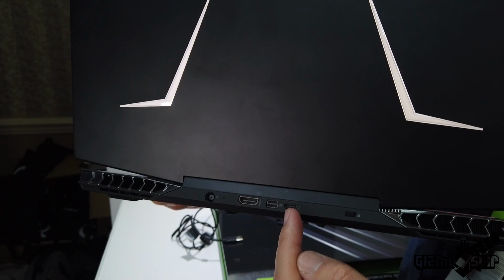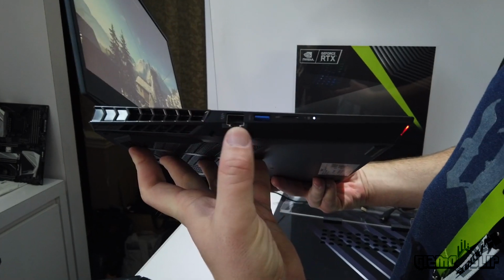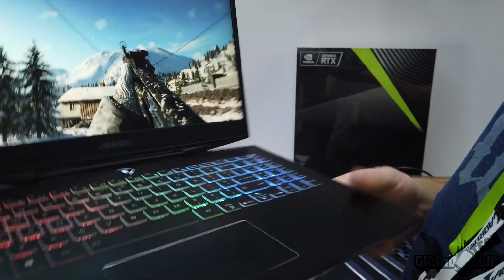But the great thing here is that it's thick enough that they can really put in a ton of heat pipes, and the bottom second half of the Aorus 15 is all ventilation. So my personal guess is the Aorus 15 should have really good thermal performance, especially for a laptop of its size. Now, Aorus did release a Firestrike graphics benchmark with the Aorus 15 in their unboxing review video. They claim that it reached